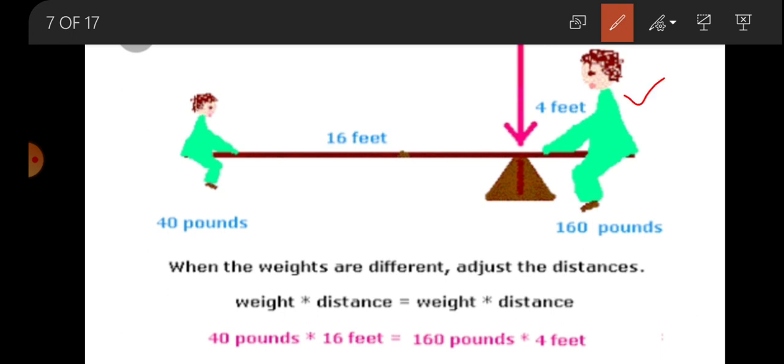Now another example, you can see that there is a man and there is a small boy. The weight of the man is 160 pounds and weight of the boy is 40 pounds. And they are sitting on a seesaw. So if the boy wants to balance this seesaw, you can see that he has to sit at a large distance from this particular point, and this is the point of